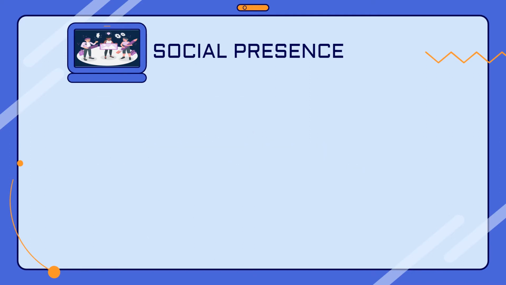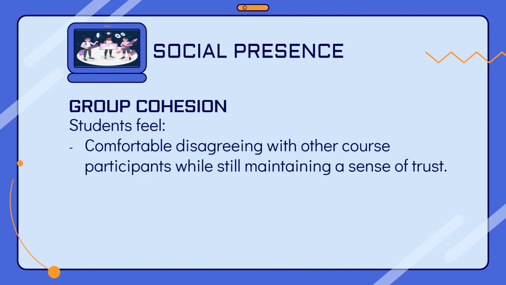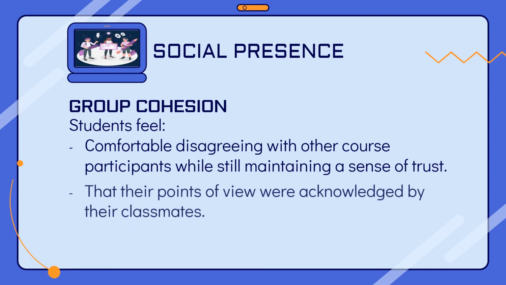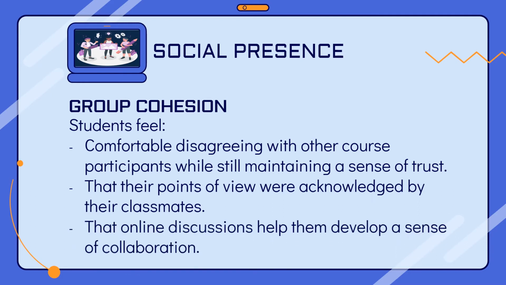The next category under social presence is group cohesion. Students feel comfortable disagreeing with other course participants while still maintaining a sense of trust that their points of view were acknowledged by their classmates, and of course the online discussion helped them develop a sense of collaboration. Since this is in demand nowadays,